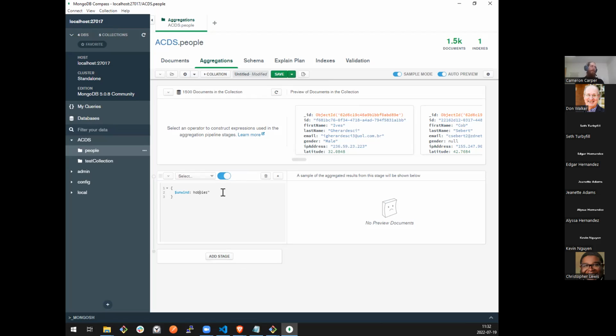Or is it not executing it automatically because I'm getting it wrong? All right, so this is one thing I don't like about Compass is I just want to execute this.